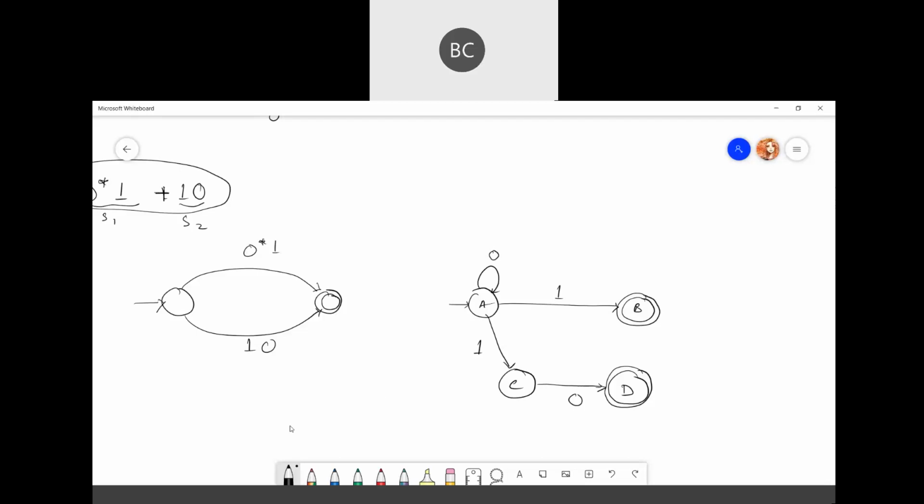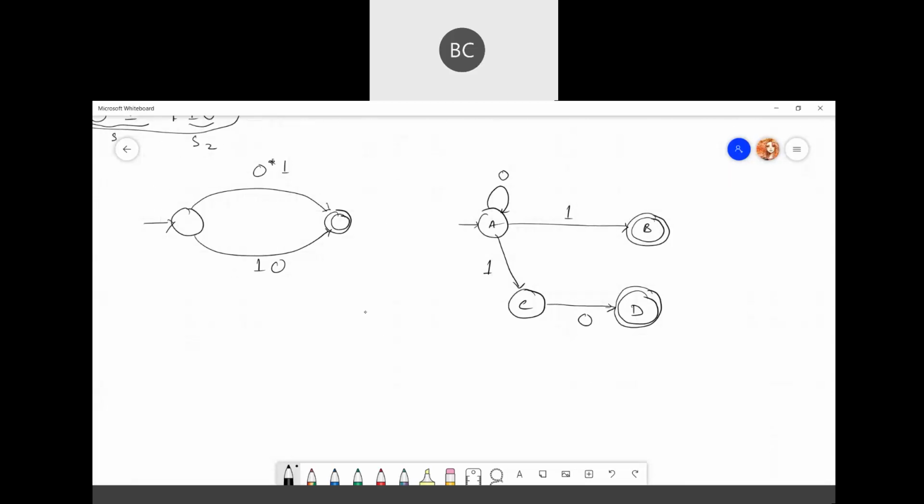Okay. And yes, even if you don't split it, you can directly connect it to here also. Then also it will be fine. If you don't want to follow this method, then you can just make it like this.